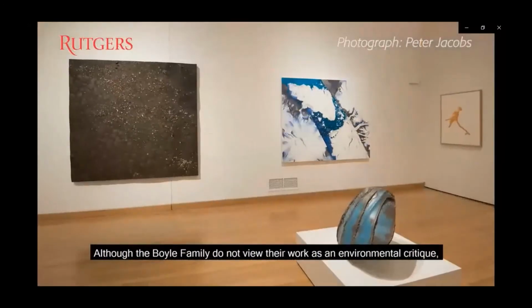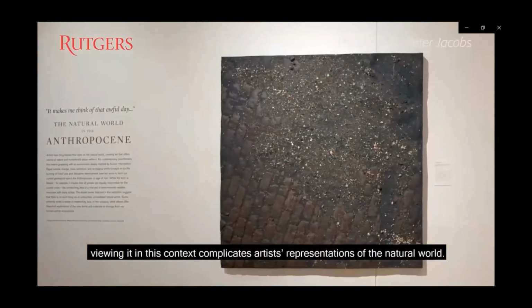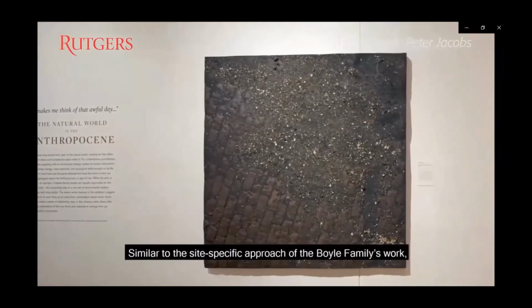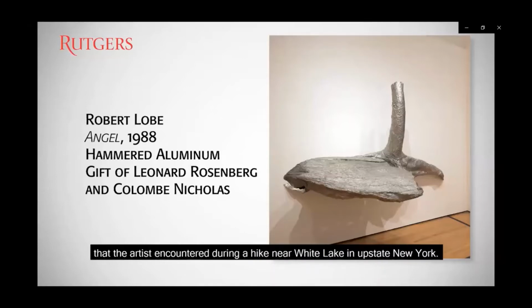Although the Boyle family do not view their work as an environmental critique, viewing it in this context complicates artists' representations of the natural world. Similar to the site-specific approach of the Boyle family's work, Robert Loeb's Angel from 1988 emerged from his direct experience in nature. Just as 19th century artists trekked through and painted the landscapes along the Hudson River, Angel replicates a severed tree trunk and a large slab of shale that the artist encountered during a hike near White Lake in